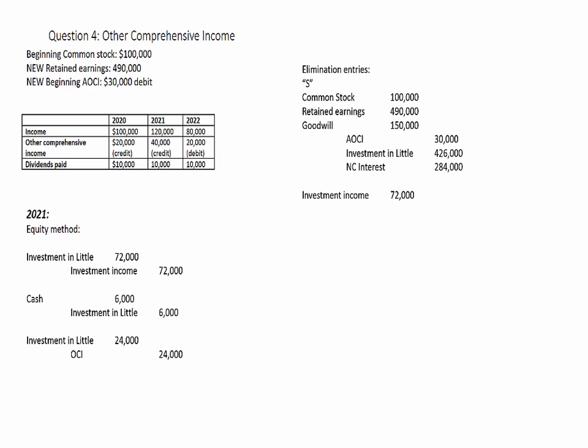So we're going to eliminate the parent's regular investment income. We're also going to eliminate their other comprehensive income from their investment for a combined credit to the investment in Little of $96,000. We do the dividends in the usual fashion, and now we're going to go ahead and allocate the earnings to